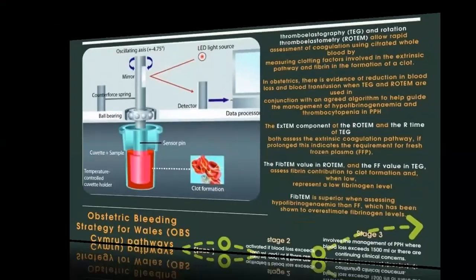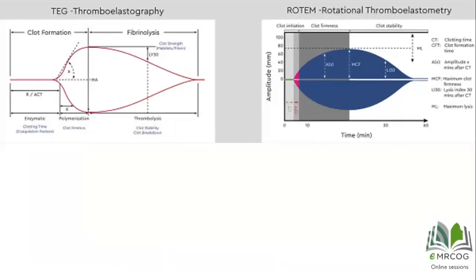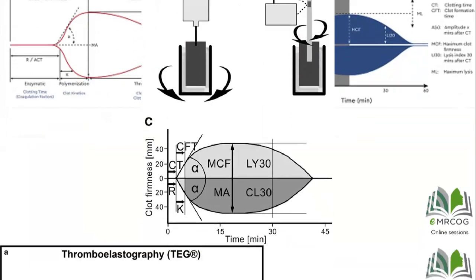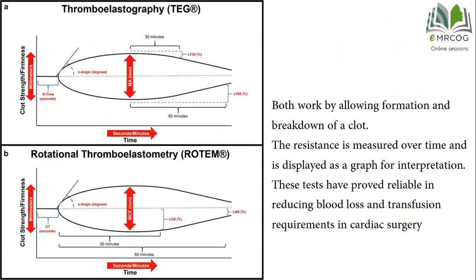Those techniques, guys, are going to use the blood and let the blood clot and then analyze the clot that has been formed. And they are going to give you a graph like the one you are seeing now. According to this graph and according to the readings, we are going to know if this patient's extrinsic pathway is working efficiently or not